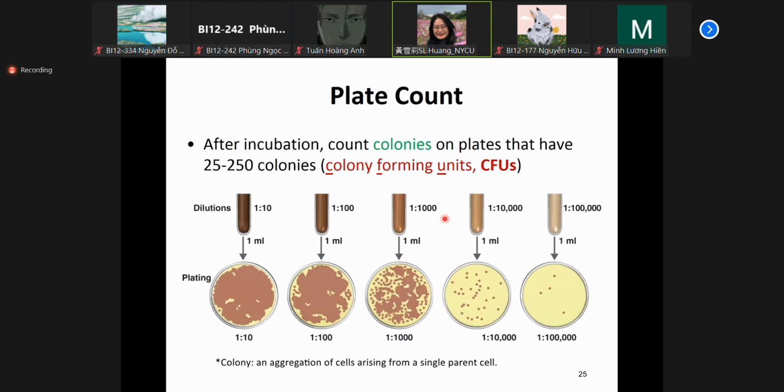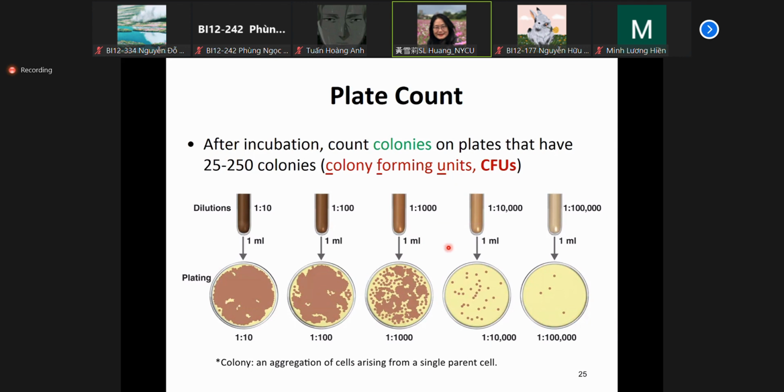So for the plate count method, you actually count the colonies on the plates that have less than 250, between 25 to 250. You don't count the plates that have too little cells. You don't count the plates with too many colonies because they are not accurate. We call the colony number colony forming units, abbreviated as CFU. So you see CFU quite often in textbooks or papers because this is how we count the bacteria directly